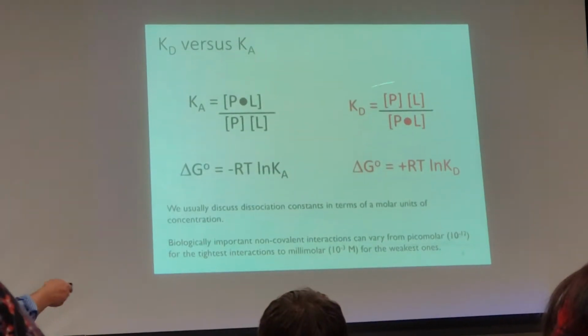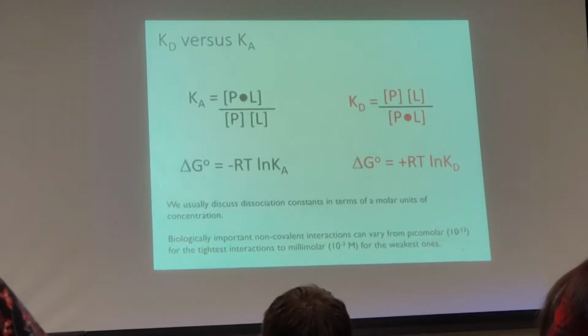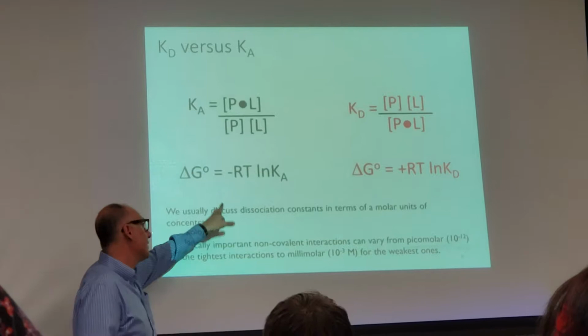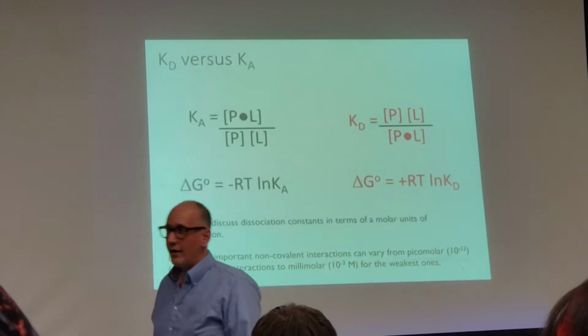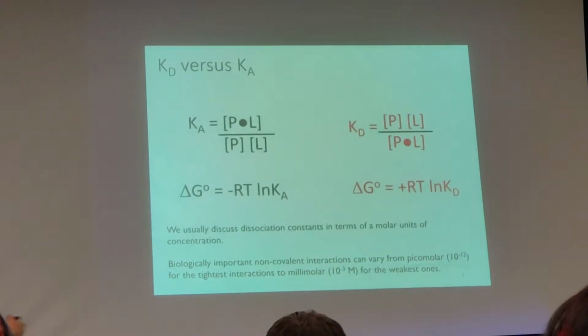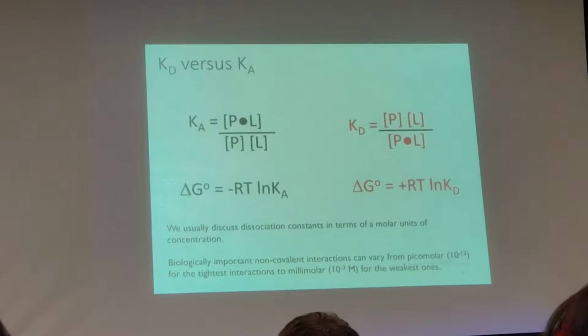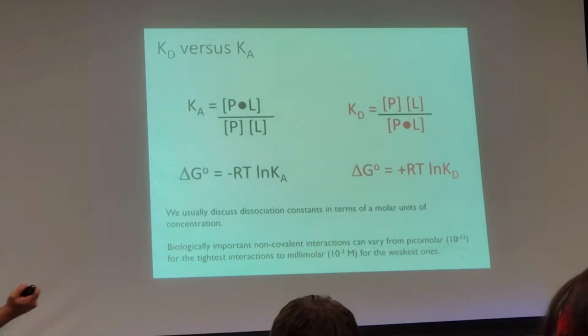So ultimately we're going to sit on the right side, where we just do everything in terms of dissociation constant. The only thing to really note here is everything is plus RT ln of KD. And so it's really easy. All I have to do is know a KD, and I can figure out what that delta G of binding is, just like any other time. So